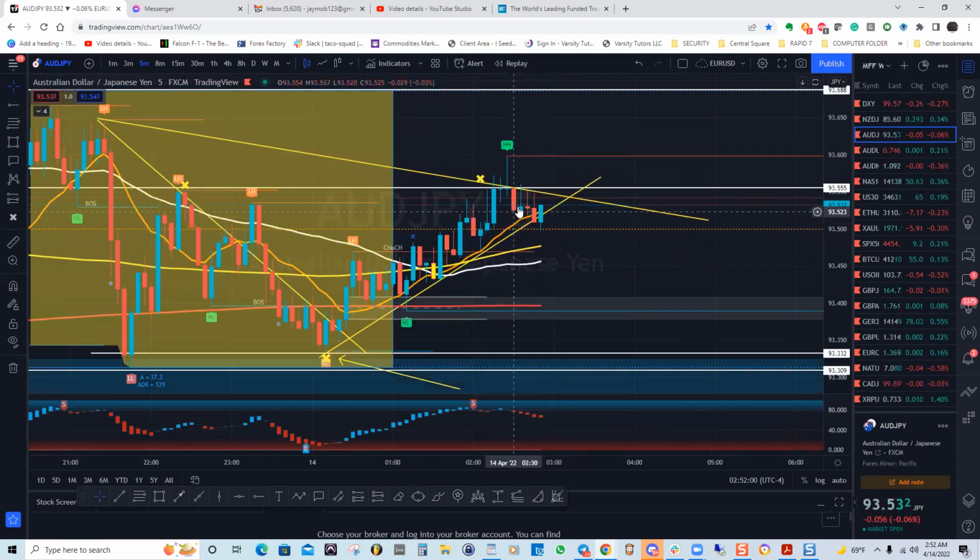Well, we've got some play here, but we don't have really anything that I like. Like I said, the ultimate entry would have been here to get in. Right now, it's breaking this trend line, but it's a green candle, so it's gotta wait for a red candle to break. Let's see, no,